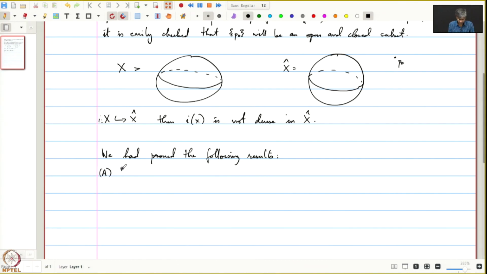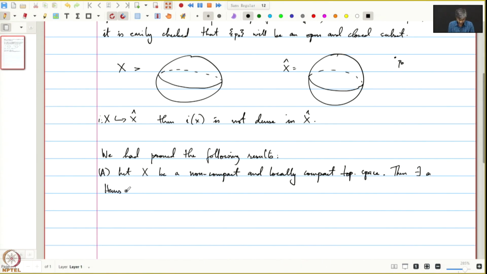A, let X be a non-compact and locally compact topological space. Then there exists a Hausdorff and compact